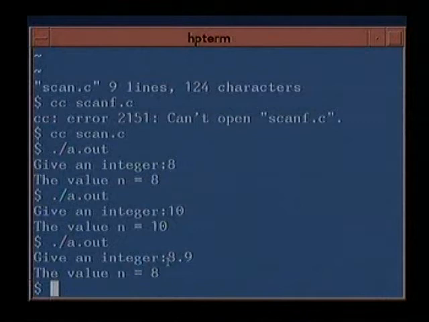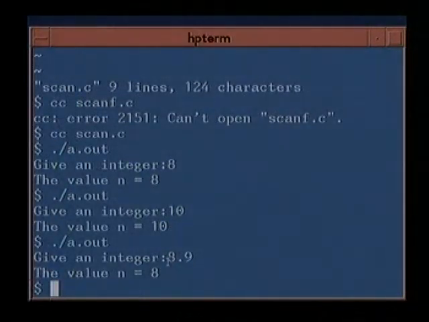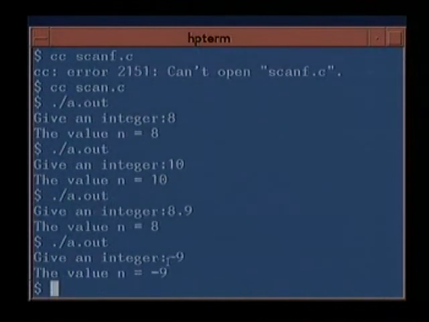because it is supposed to read in an integer, and if you give a decimal number, it will truncate the decimal number and read it. So we will see what percentage formats mean when you give a real number and it is supposed to be read as an integer. It will just truncate it, as you can see in this example. It does not matter whether you give a negative value or a positive value, all of them will be read.